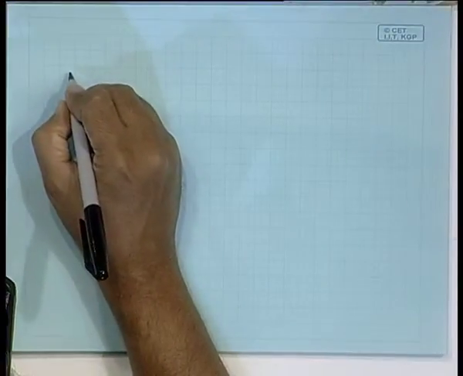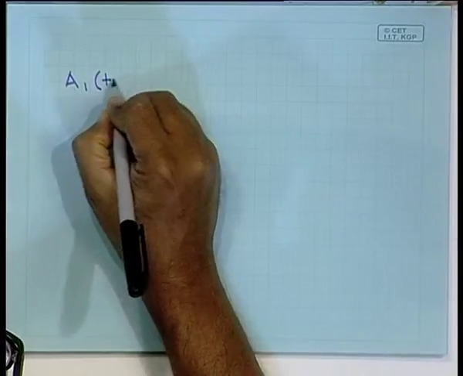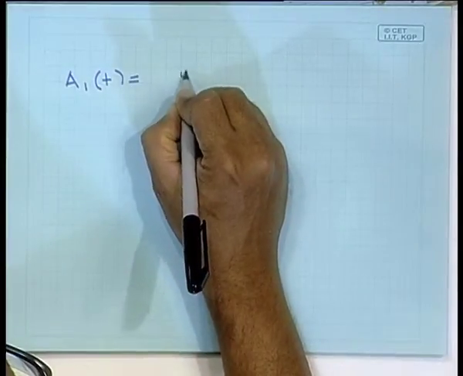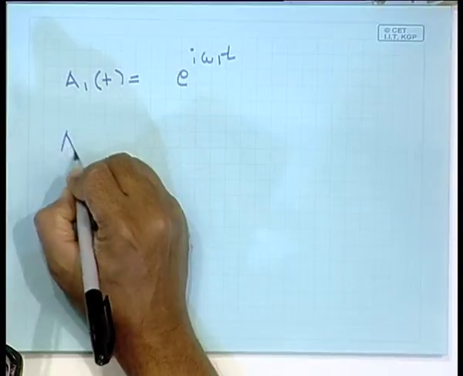Now, in today's lecture, we are going to discuss a slightly different situation. We are going to discuss a situation where we have the superposition of two waves of different frequencies. For two waves of different frequencies, we are going to study the variation of the intensity with time. So, let us consider two waves, one of a frequency omega 1, e to the power i omega 1 t, and A2